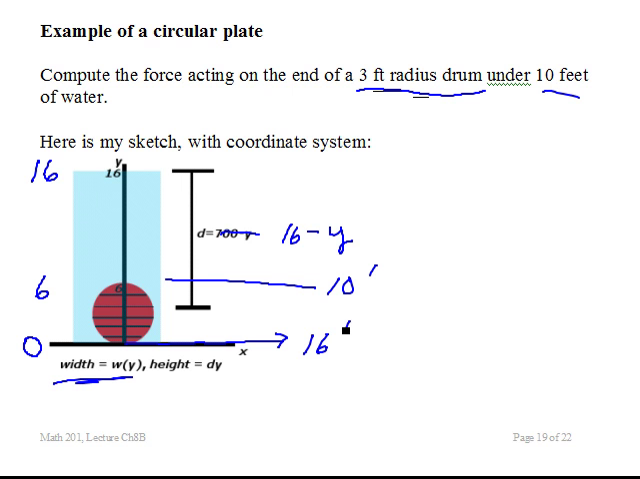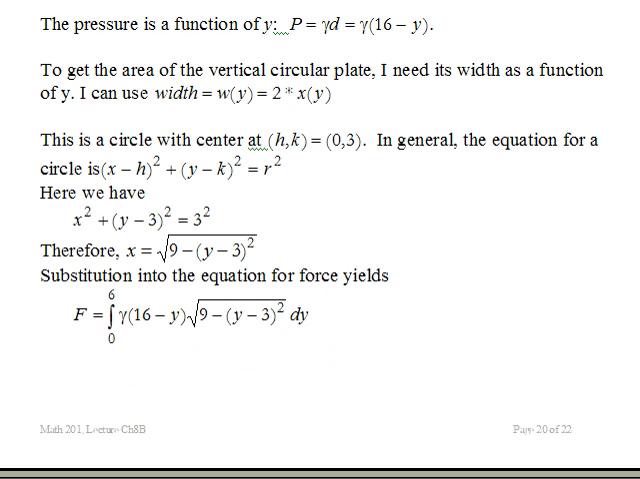The width is what's going to be the problem. Here's the pressure. The pressure is gamma d, specific weight times depth, which is specific weight times 16 minus y. All right, that's easy to do. Now to get the area, which I'll need for the force calculation, I need to find the width as a